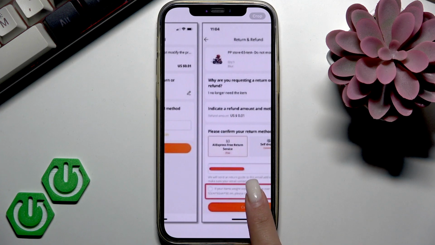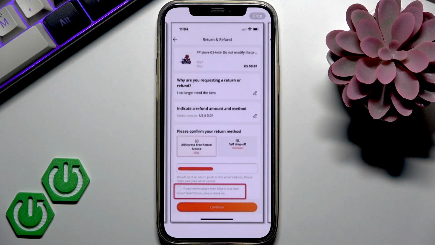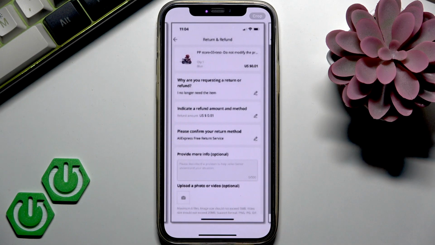Tap continue button, and then you have to confirm your return method. So there are two methods available, and first one is AliExpress free return service, and second one is self drop off. So think about it and decide for yourself which one works out for you better, and simply tap it to select. Tap next button, tap continue button, and here in this box you can additionally provide more information about